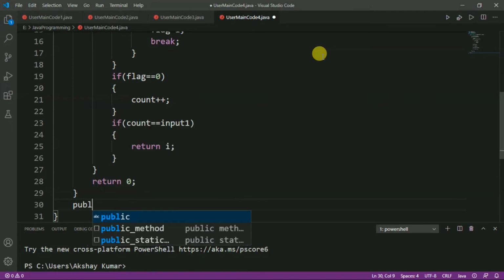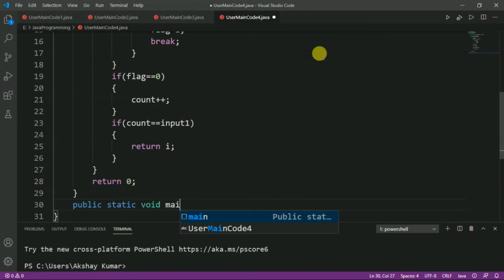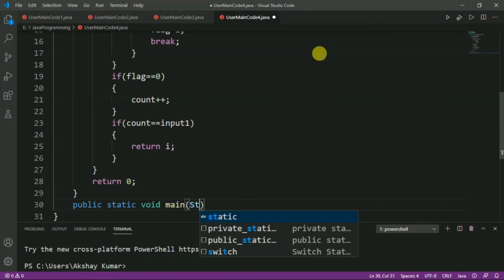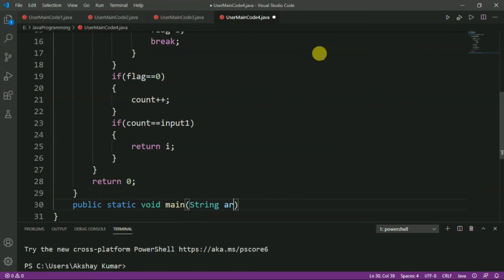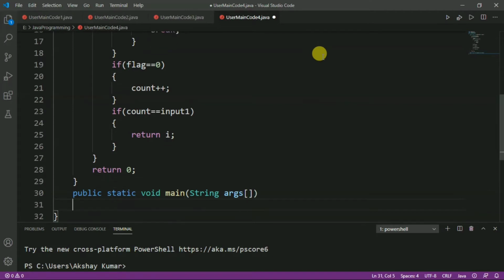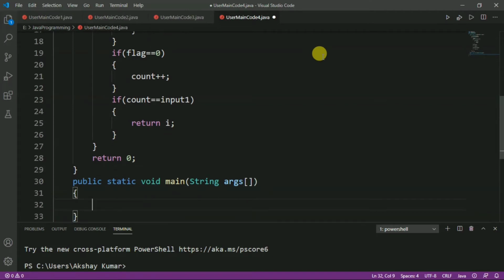Here we have to write public static void main, and we will pass String args. Now we will declare some variables. Let us say num for the number, and result to store the value of the calling function.